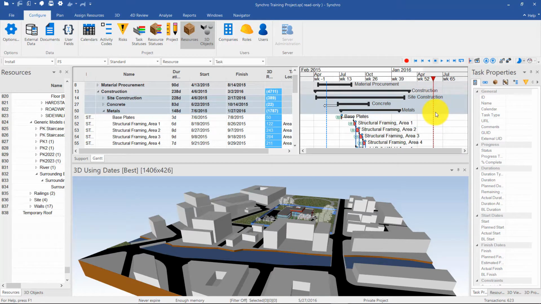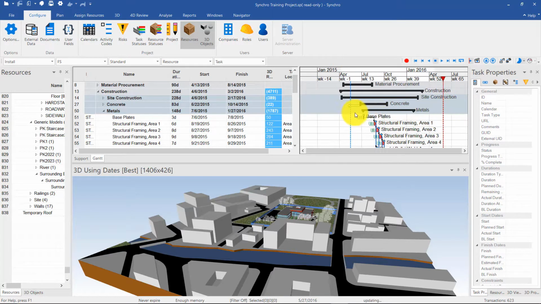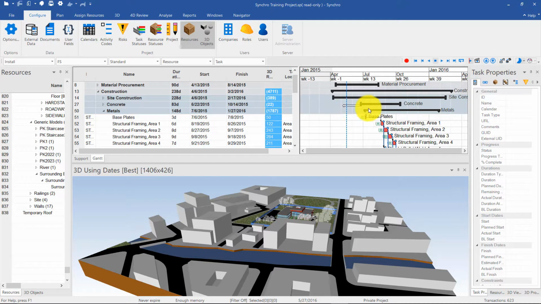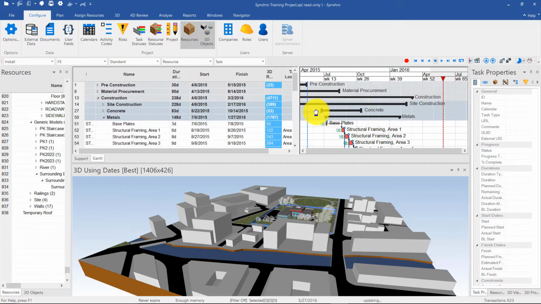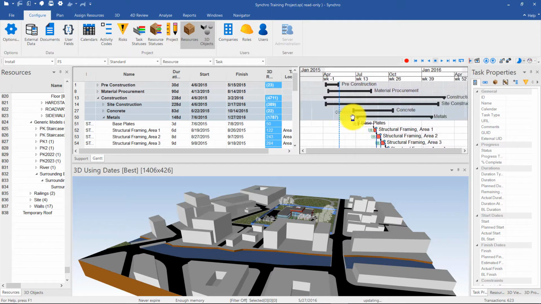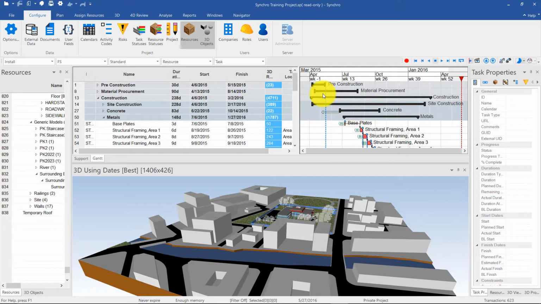So you can technically use zooming in and out to navigate the schedule left and right. However, clicking the mouse wheel and dragging left and right is a much more effective way of panning through the schedule. You'll also notice a discoloration that goes from gray to white and then white back to gray on the